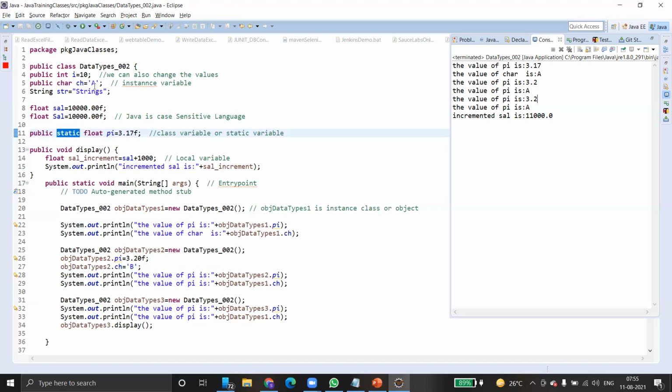Even if you try to change it, it does not reflect. It takes value a only. Look here, a and a. That's the difference between instance variables and class level variables. For class level variables, whenever you create a new instance, the updated value will be taken. For an instance variable, even if you try to change it, it does not reflect when you create a new object for the class. Is it clear?